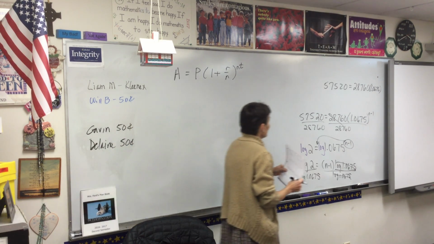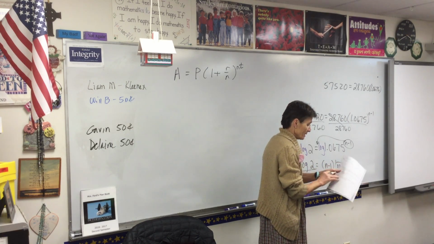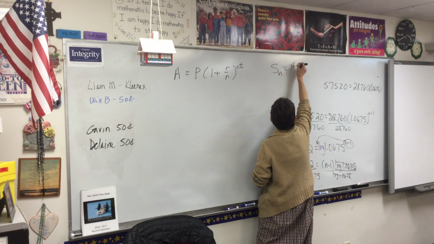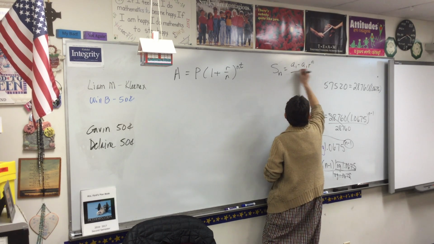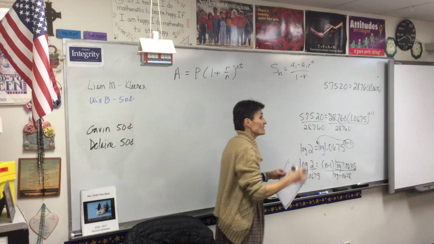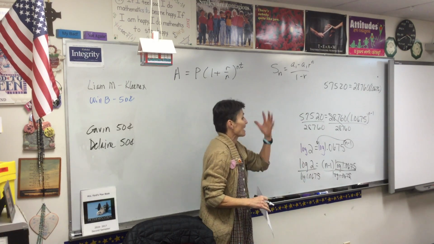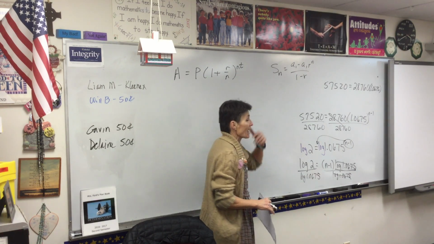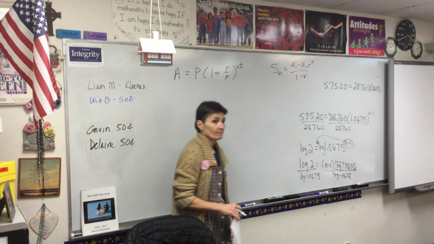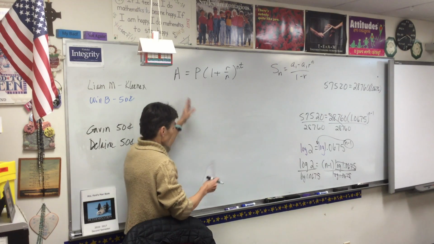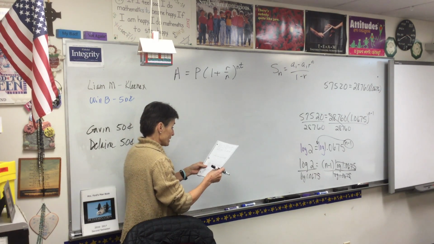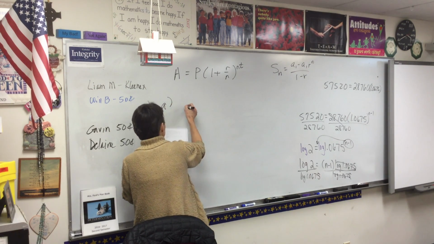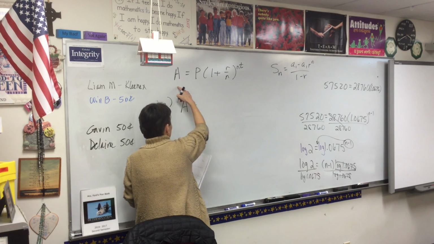How did I know in an earlier problem to use that formula? When do I use this one? Yes, when it either says or implies you want all together, everything all added up. We use that one, right? Okay, so this is the one I'm using because Tessa's got money in the bank. All right, this is A, how much is in the account